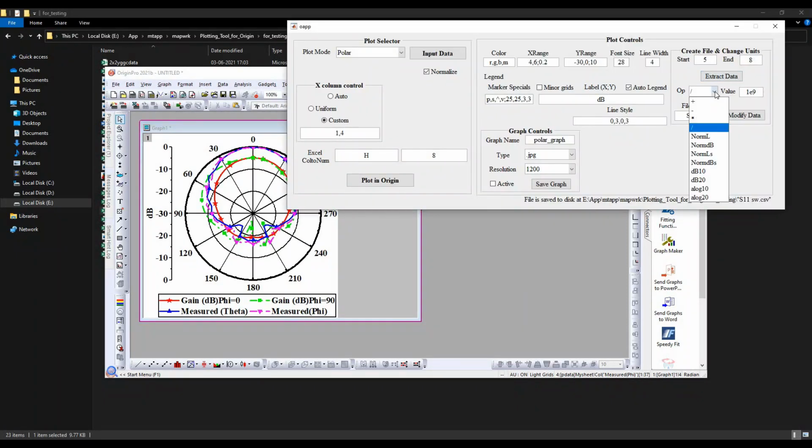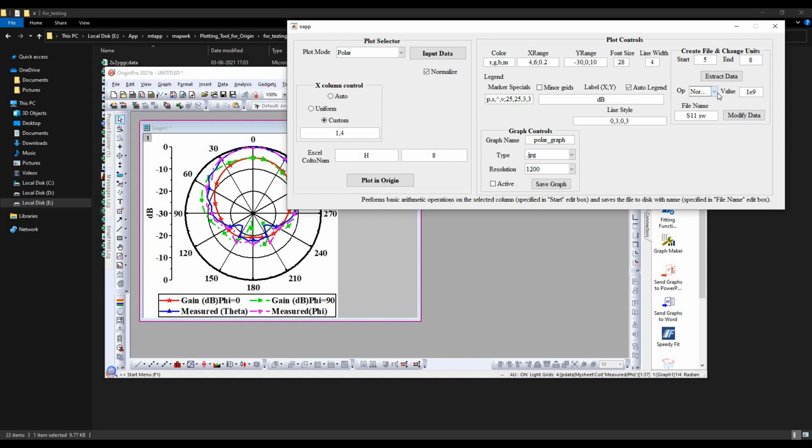And I will show you the operations that you can perform on this certain column of the data. These are the varying operations, and this norm indicates the normalization on the linear data. Suppose if you have efficiencies on the linear scale and you just want to normalize it to 0 dB, or gains into 0 dB, then you can just use this operation.